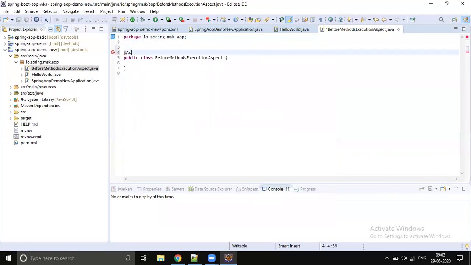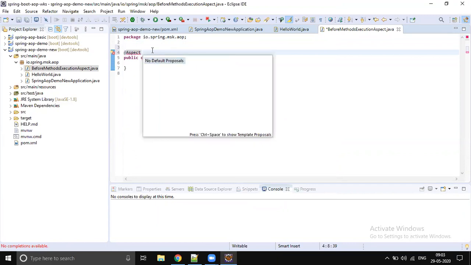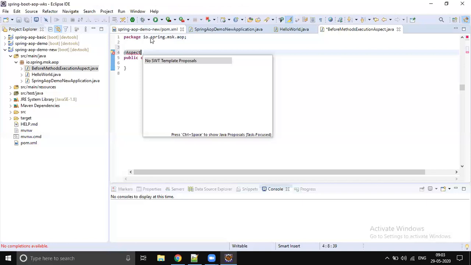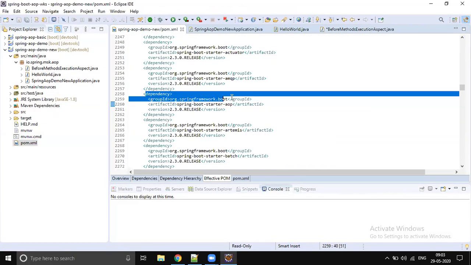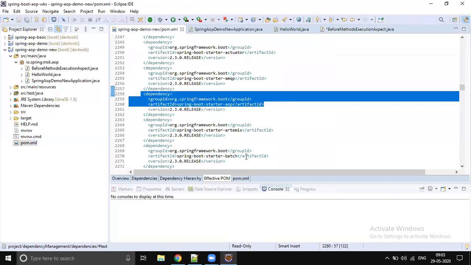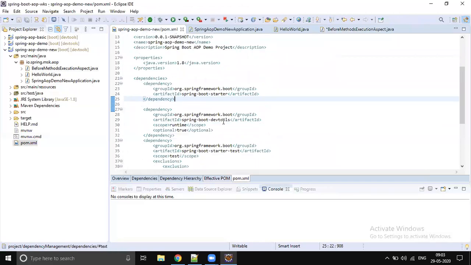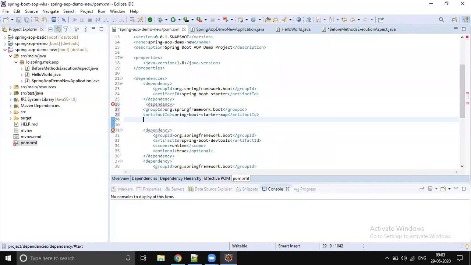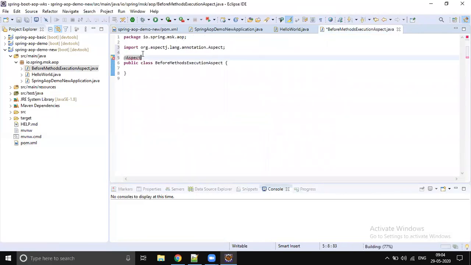So let's annotate this with @Aspect. The dependency is not available. Okay, fine. Let's go to the pom.xml file and add this dependency. I think we need to add it, then only it will work. Okay, let's add the dependency and save the file. Now let's go to the aspect class and press control space.